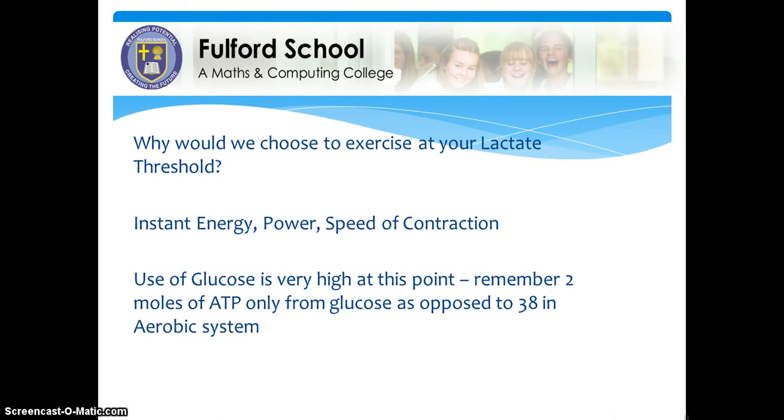That's why someone would choose to work at this level, because we're aware that when we're working within the ATP system or the lactic acid system, our energy is instant. There's no delay as there is with the aerobic system. It's instant. We get a stronger muscular contraction, and it's used for power. The other big point, of course, is that for every mole of glucose in the aerobic system, we're getting 38. Here we're only getting 2 moles of ATP from each molecule of glucose. So we've got to be aware that we are using an awful lot more glucose at this point as well. That's not a reason why someone would choose to do it, but it's a factor.